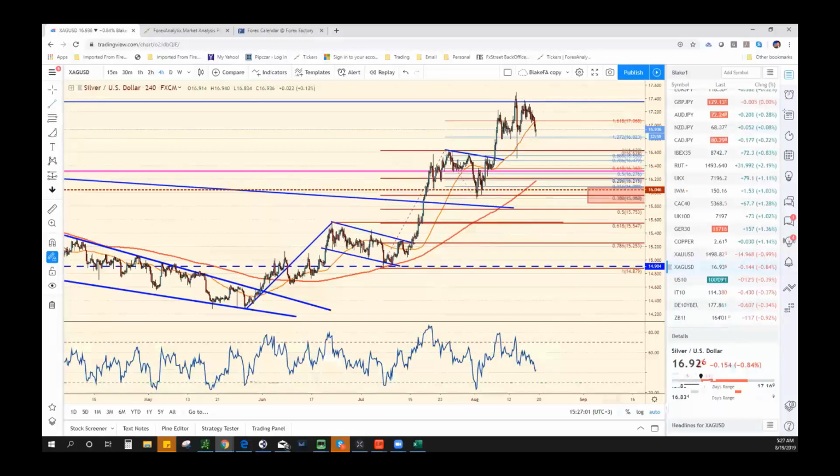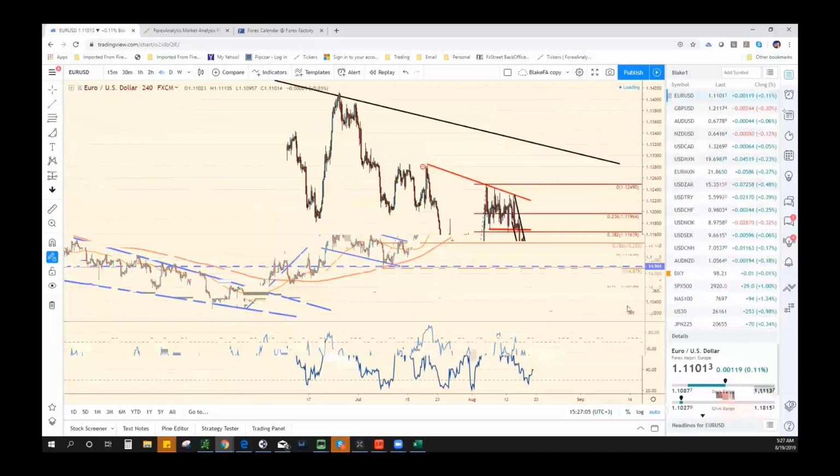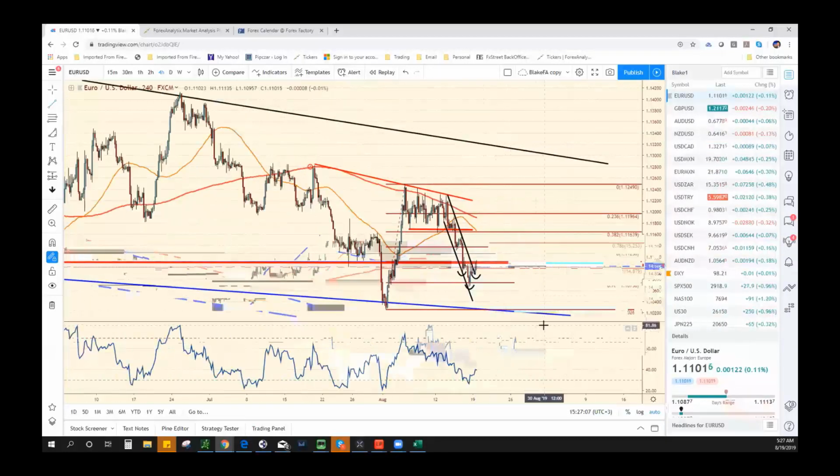And I'm going to go ahead and go through the majors really quick, and I want to get them up on the bias chart just so you guys have this. And just so you guys know, Steve is actually traveling today. He's heading back to Athens. He'll be with us again tomorrow. So with me, this is going to be the last day that we do the